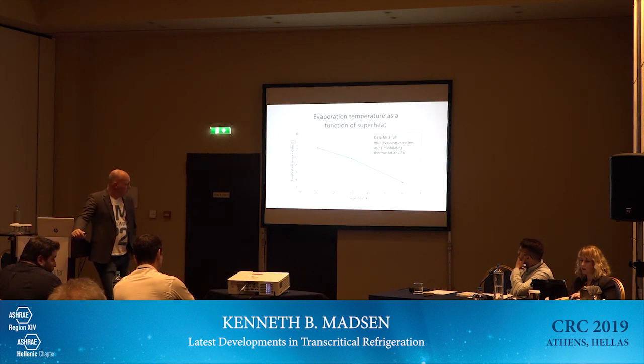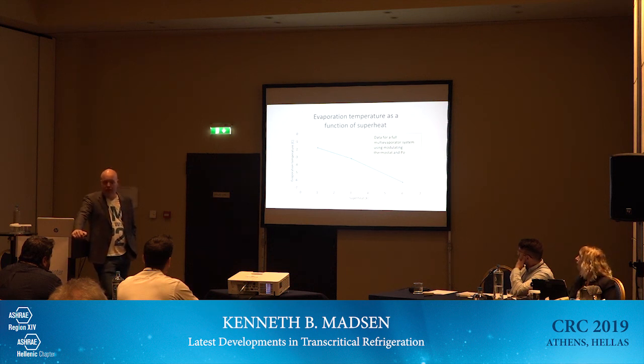Then you can see the evaporation temperature is below minus 6. So there's definitely a good match between superheat and evaporation temperature. Then the question is, what saving does that actually give us? If we say that we cannot do better than 1 Kelvin superheat, that's the lowest superheat we can actually run with,